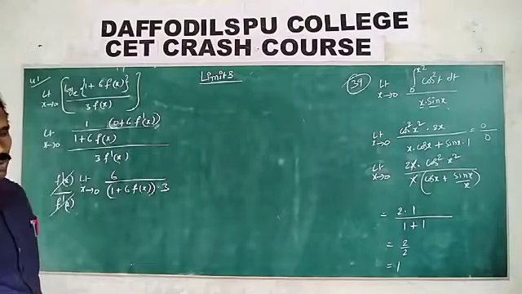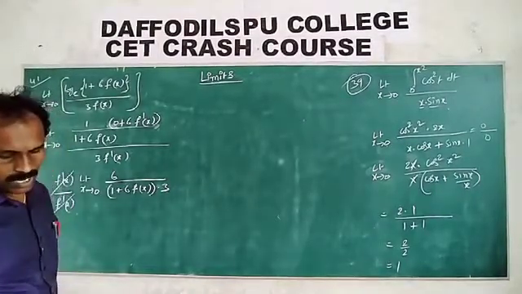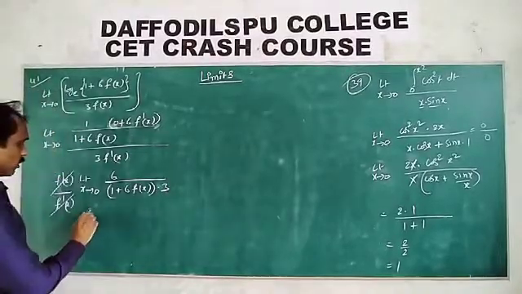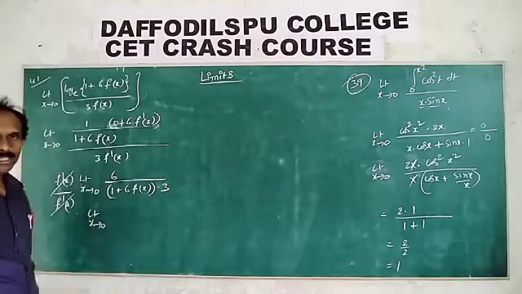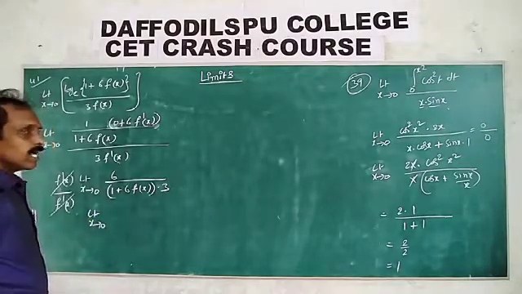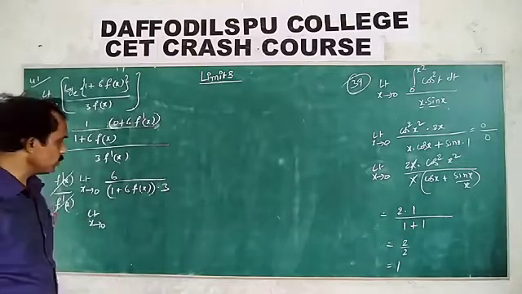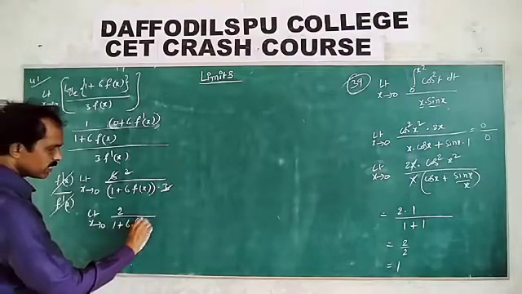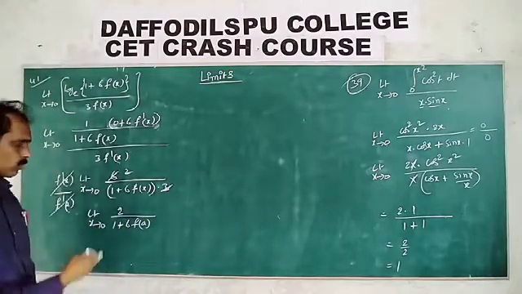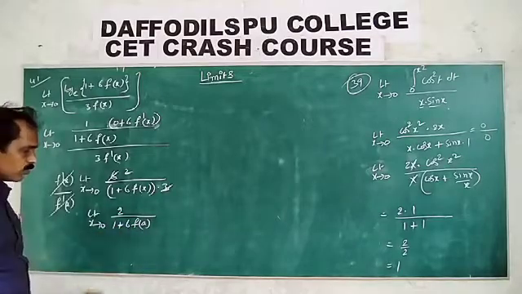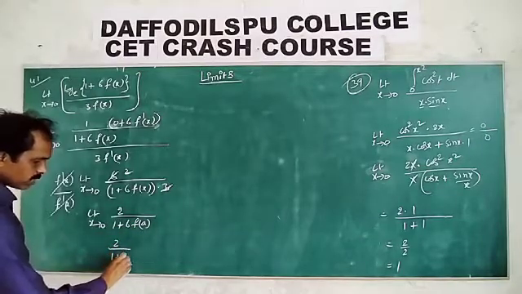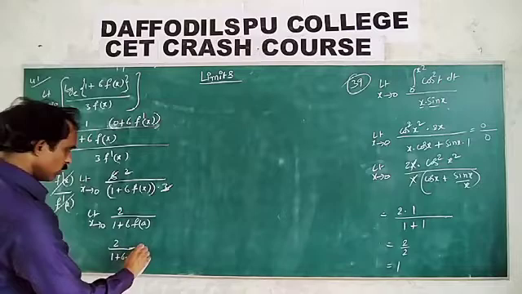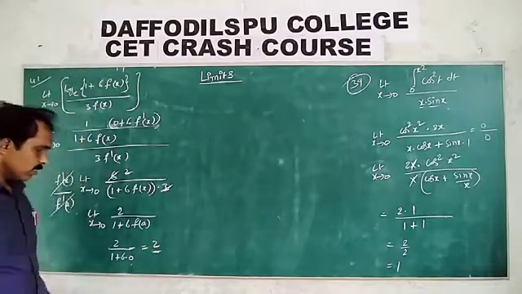So before that, passing through the point means directly, what is the value of f? Substitute the value of f of a. Now limit x tends to 0. What is the point? The x point is equal to a, and the value of f of a is equal to 0. So 3 twos: 2 divided by 1 plus 6 f of a. Passing through the point, therefore f of a is 0. 2 by 1 plus 6 into f of a, meaning the point (a, 0), x is a, y is 0. Therefore, 2 is the answer.